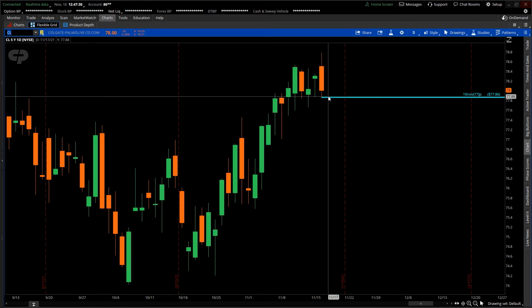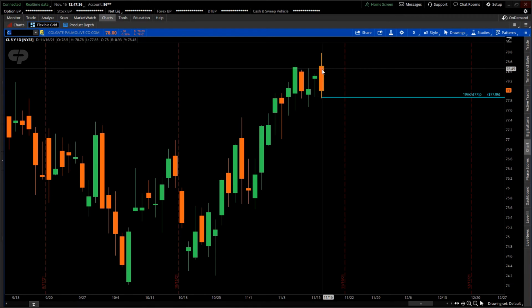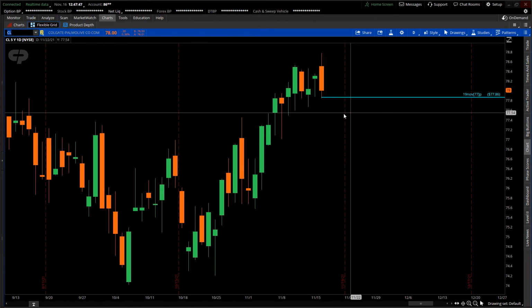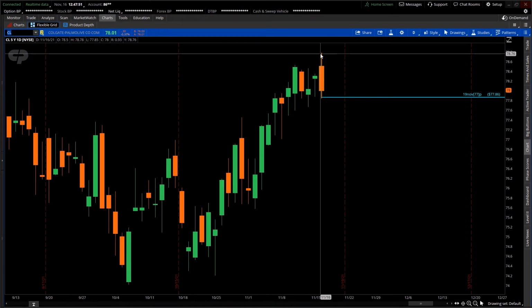I was looking at this chart the other day, and I identified a low point of $74.20 back on October 25th. This is based on a 30-day look back. So with this being the low and the high of $78.78 hitting today,